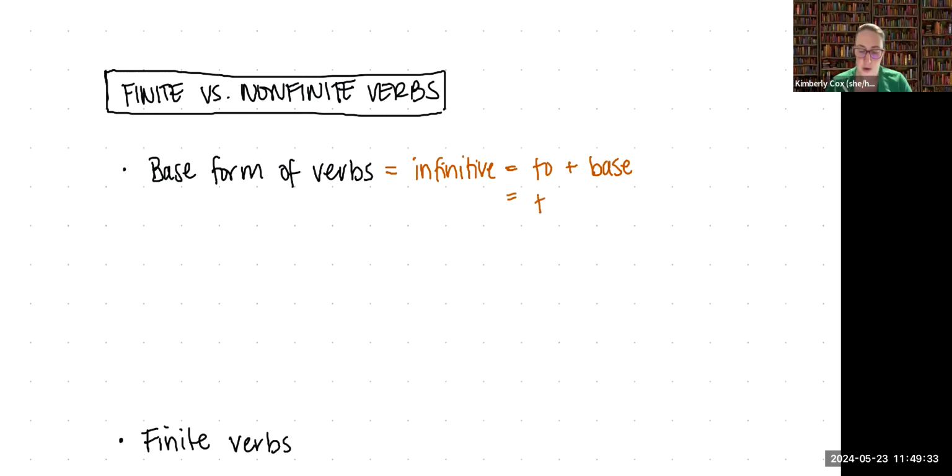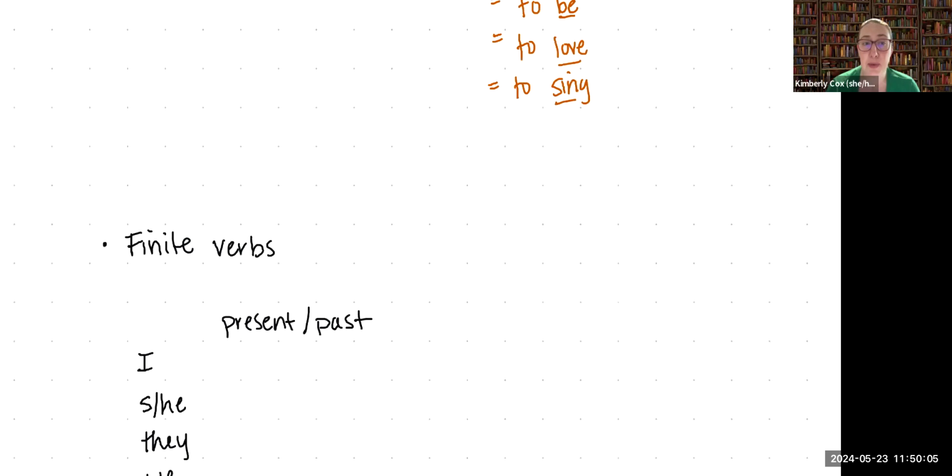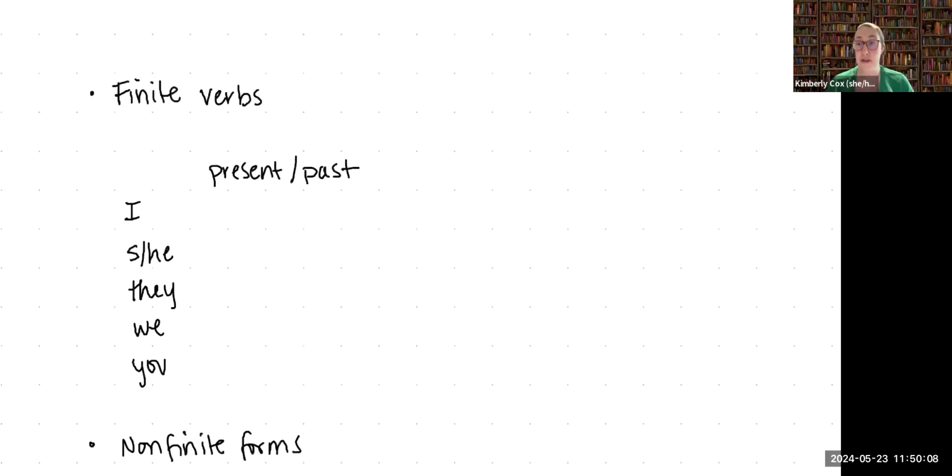So to be, to love, to sing. Be, love, and sing are all the base form of these particular verbs. So that is the form that we start out with in terms of the verb. This becomes very helpful for getting us to think about the relationship between finite and non-finite